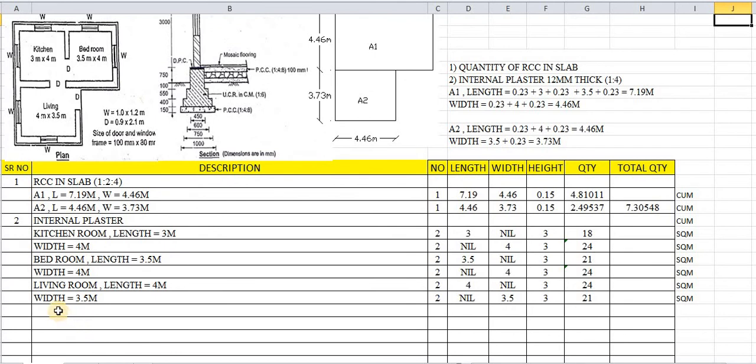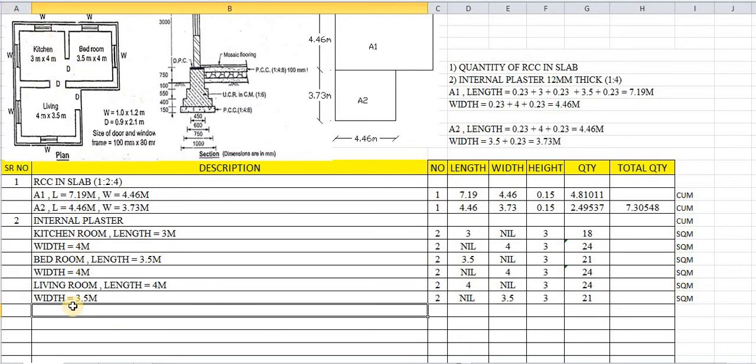So here we will have the deductions for doors first, and then we will have the deductions for windows. What IS 1200 says is that if there are 5 openings in the total room, half, 50%, will be considered, because extra finishing material will be required in case of doors and windows. So all the openings will be divided by 2, that is 50% will be considered for deductions in plastering.